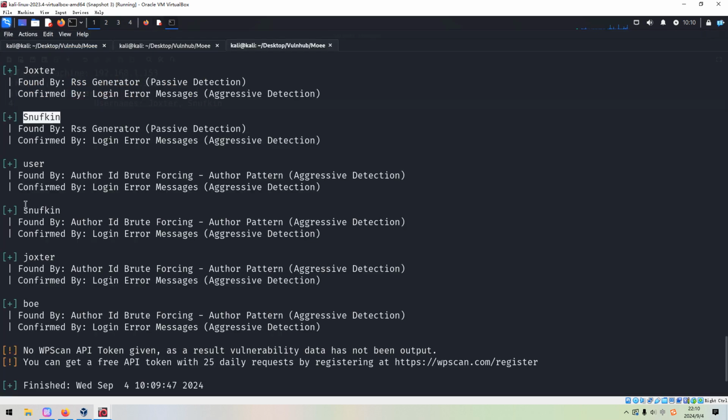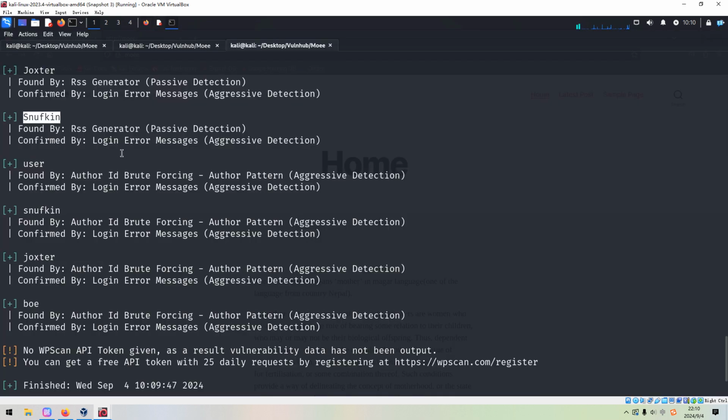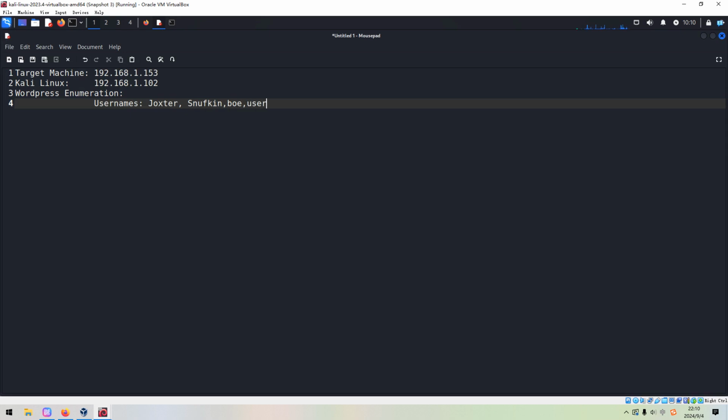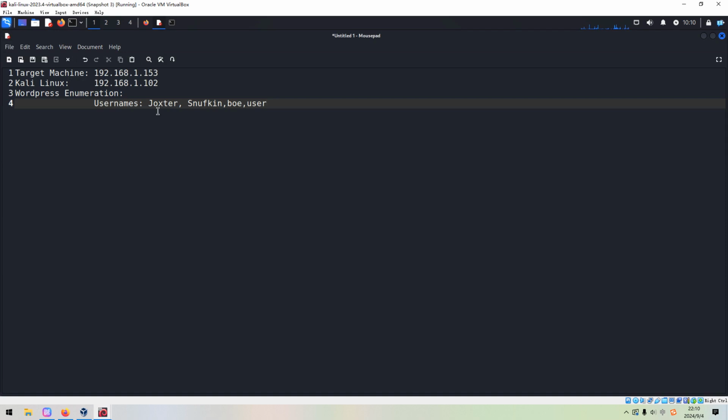And the user, I think this one is the same as this one. And the next one, the user. Okay. So I think there are 4 users in total.